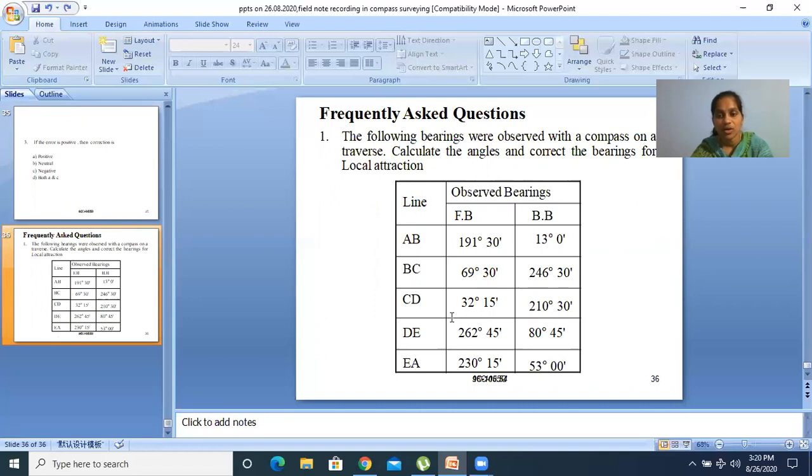This is a frequently asked question. Same question, so you can do it. There must be a question on your question paper. You have to practice a number of times, then you can attempt. It is very easy when you practice a number of times, and very difficult when you do not practice. So you have to practice a number of times by taking sums from other books also. You can do the practice. Hope you all understood.